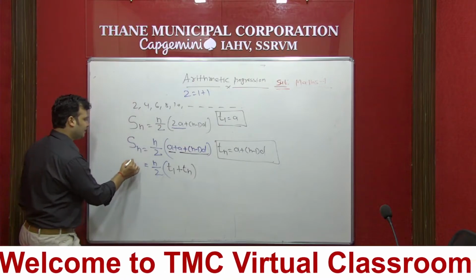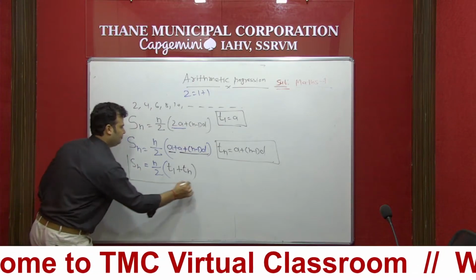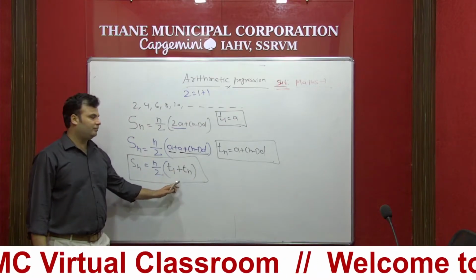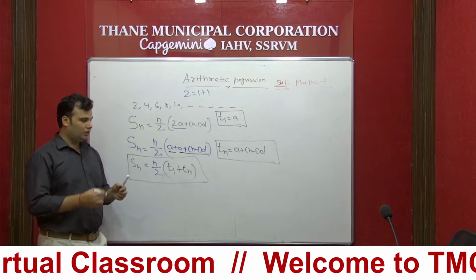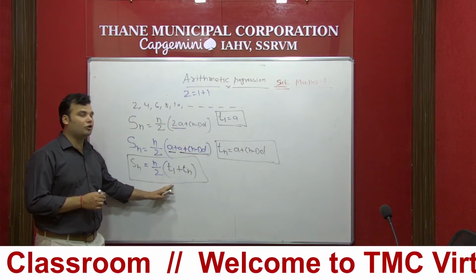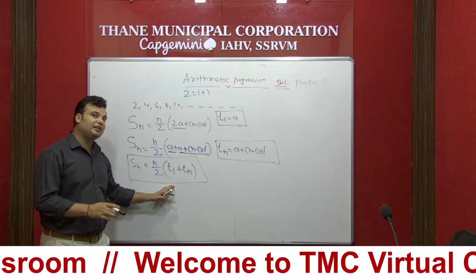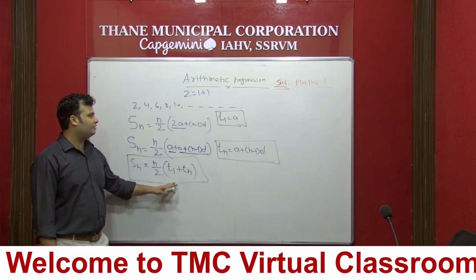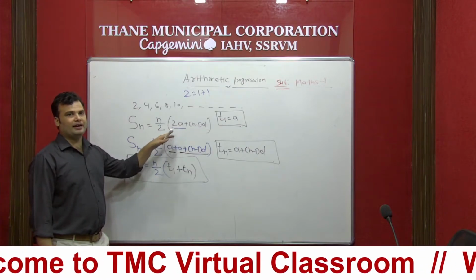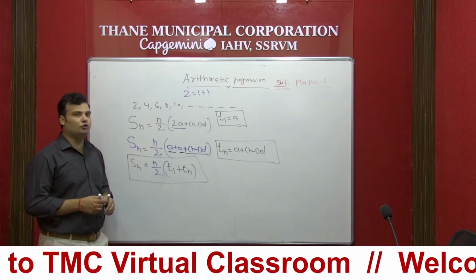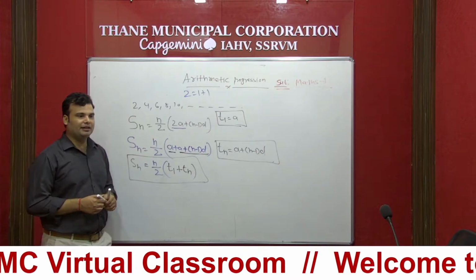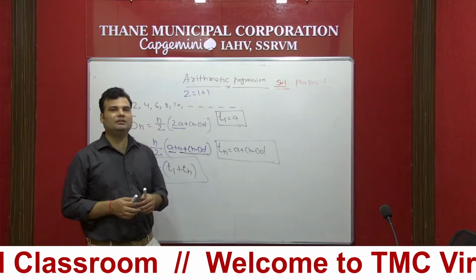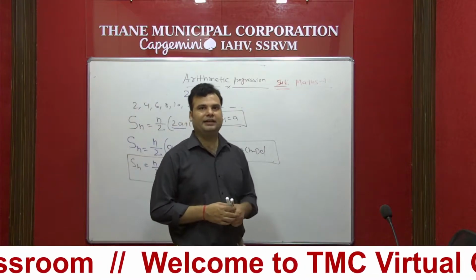So now you can see the second formula for Sn is n upon 2 into first term plus Tn, the last term. Remember that you can apply this formula where the first term is given as well as the last term Tn is given. Otherwise, in most parts you have to apply the formula Sn equal to n upon 2 bracket 2a plus (n minus 1)d. Depending upon these formulas, we have to solve some numericals on practice set 3.2.